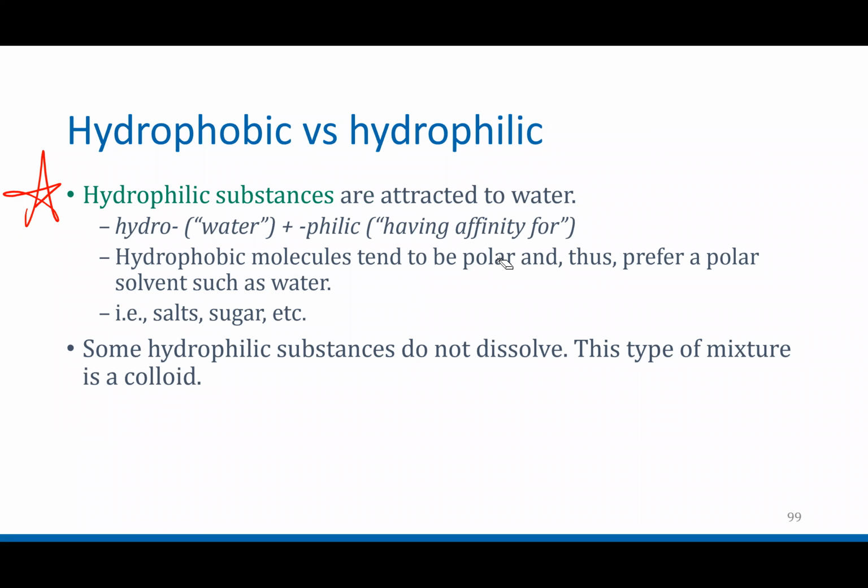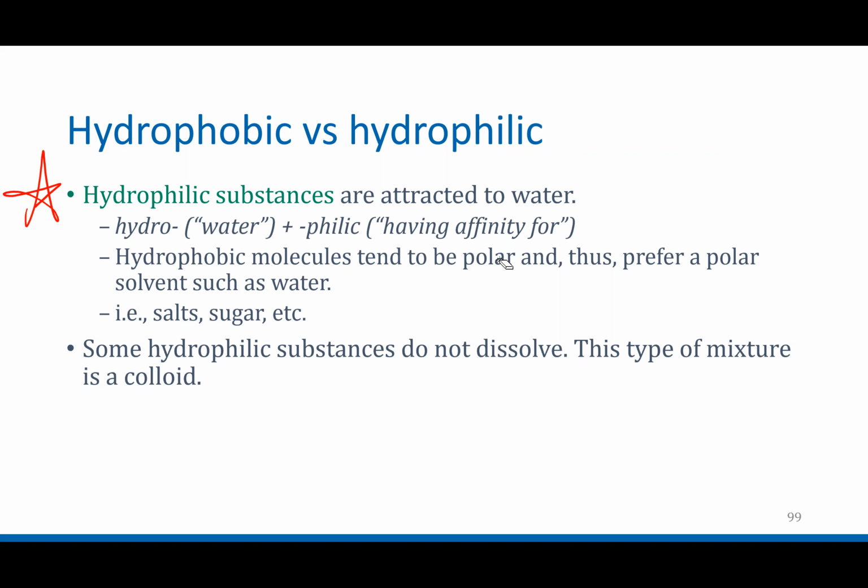Hydrophilic substances are substances that are attracted to water. Excuse me, they are usually polar or ionic. This could be things like salts or sugar, or alcohols are polar. Carboxylic acids are polar. These are attracted to water. Hydrophilic means water loving. Some hydrophilic substances are not soluble, so you could make a colloid out of them. But typically, when you mix two hydrophilic substances like water and, say, a carboxylic acid, they don't form a colloid,